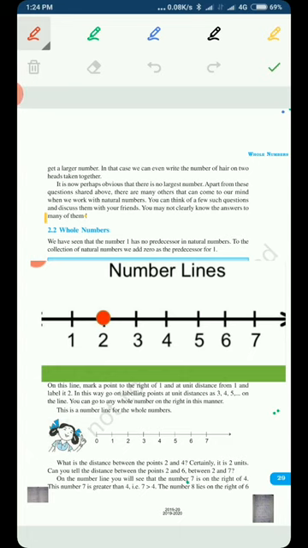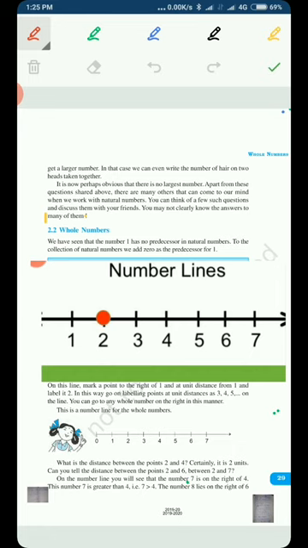As you all know, we have shared one video of chapter second with you, and this is the second video. In the previous video, we learned about the whole numbers, the types of numbers, in which I told you about the natural numbers and the whole numbers, and then I discussed the predecessor, successor, and the number line. So we have learned the basics of the number line in the previous video. Now in this video we will learn how to do addition, subtraction, and multiplication on the number line.